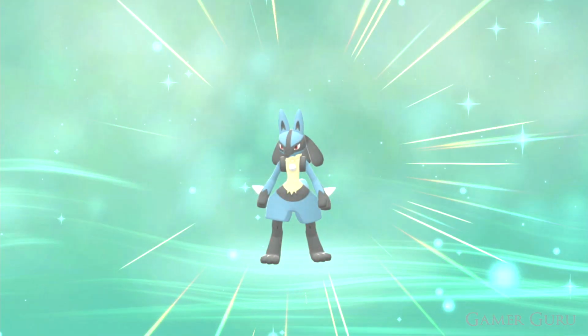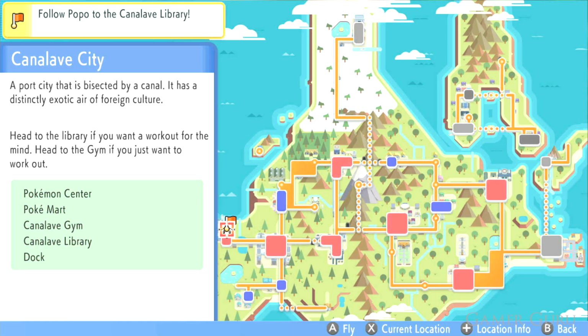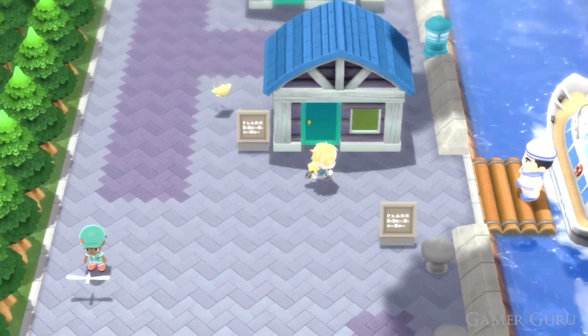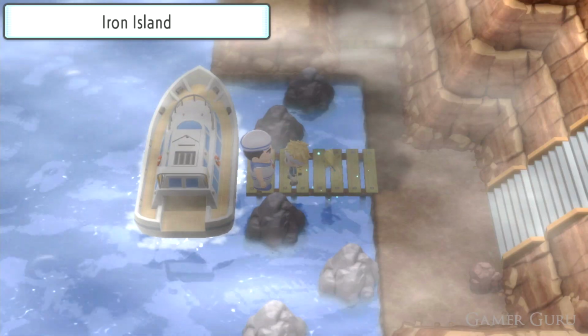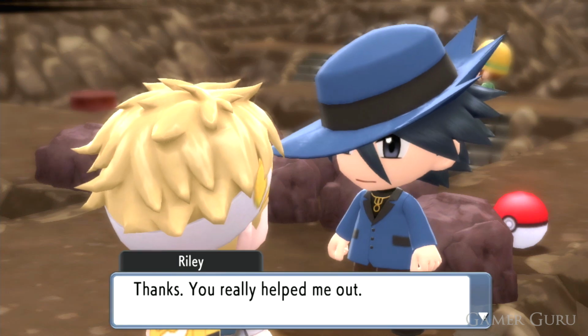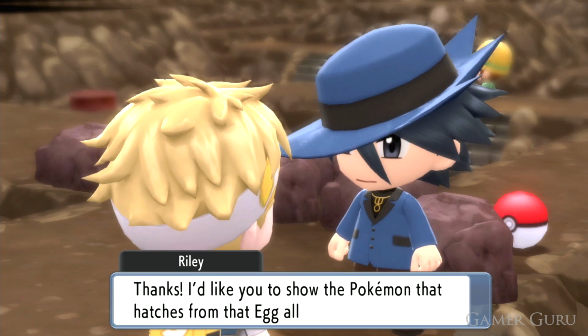In this video, we're going to be checking out how we can evolve Riolu into Lucario in Pokemon Brilliant Diamond and Shining Pearl. First thing we need, obviously, is Riolu himself, which we already have a separate video on, but very quickly, in case you don't yet have the Riolu Egg, we need to go to Canalave City and take the boat all the way up to the Iron Island. Then simply go through the cave, and at the end, after the double fight with Riley, you'll get the Riolu